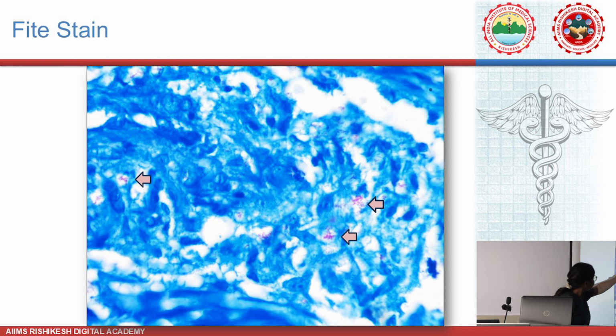And if we appreciate here, they are present in a clear space. This clear space is visible due to the vacuolated cytoplasm of the foamy histiocytes we get in lepromatous leprosy, which play a key role in the pathogenesis of leprosy. These are also known as Virchow cells or lepra cells. They accumulate the Mycobacterium leprae bacilli. However, they are not killing it, and that is the reason for the persistence of the bacilli as well as dissemination of this disease.